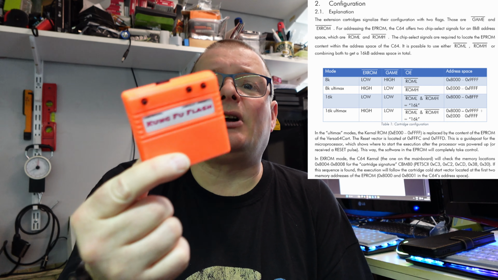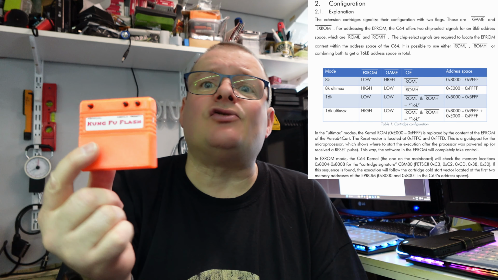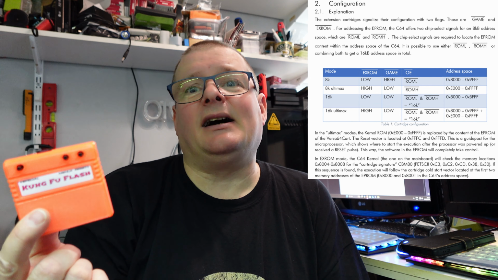This is a Kung Fu Flash cartridge. This is one I built and printed a case for. This can take an SD card and it can play pretty much any cartridge you can chuck at it. You put it on there as a ROM file and bam, you've got a nice little menu, it can play them all. Happy days. There's a small ST microcontroller in here that talks to the 64, and all it does is it sets up a bit of flash memory as RAM and then presents that to the 64. So yeah, no problem. This can also do more complicated sort of things. You've got bank switching carts, which I'll get to later,